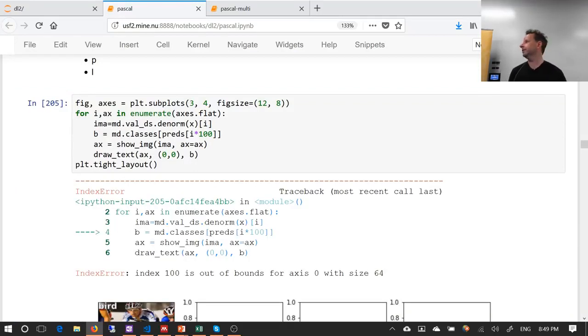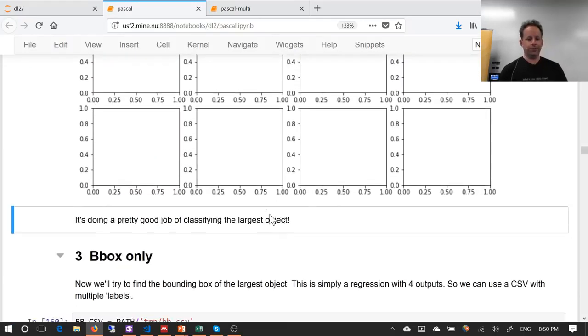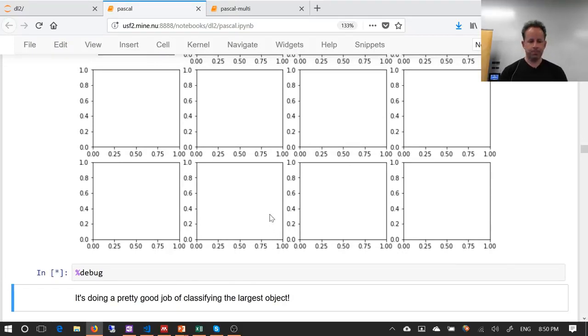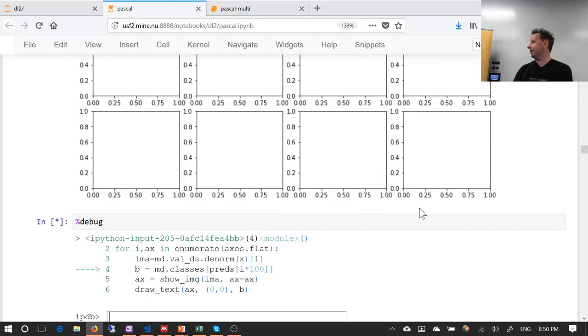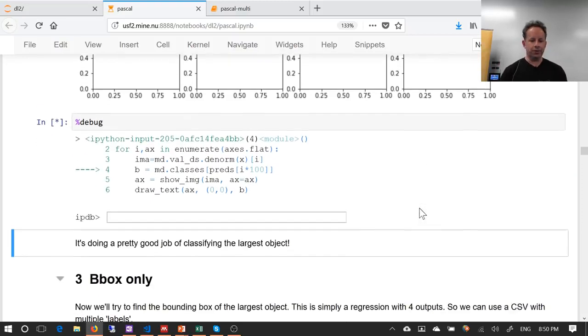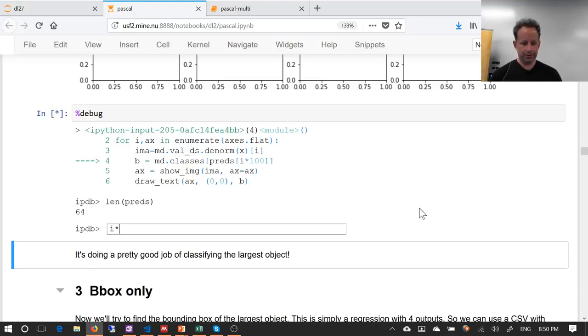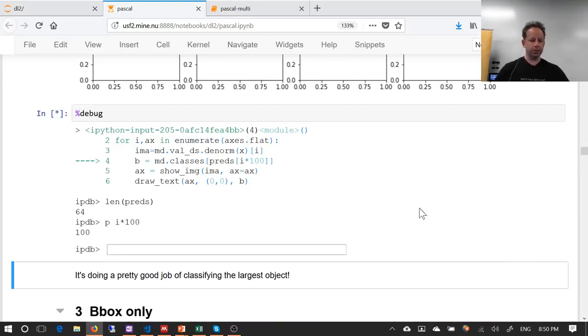okay, something's wrong. Now in this case, it's easy to see what's wrong, but often it's not. So what do you do? %debug pops open the debugger at the point the exception happened. So now I can check, okay, preds dot, well, I don't know, len preds is 64, i times 100. Got to print that because i is a command. 100, oh, no wonder. Okay, and you can go down, you can go up, you can list, whatever. Okay, so